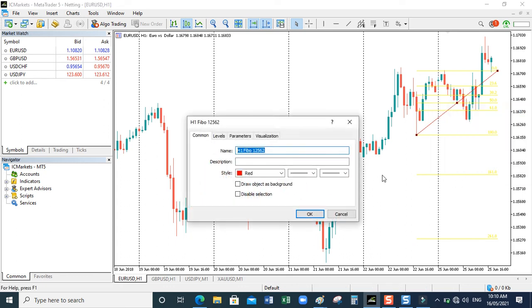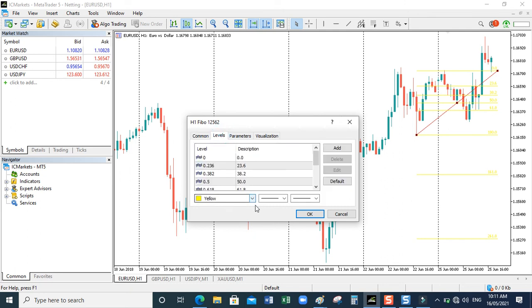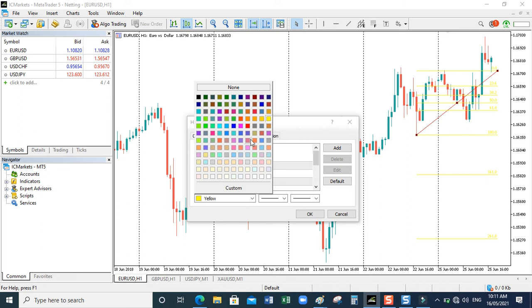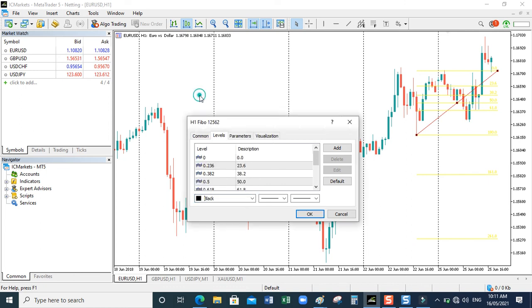Click on properties, go to levels, and change the color to black. Then you see the levels here, all these numbers: 0.236, 0.382, with descriptions. You see those levels. You change them,